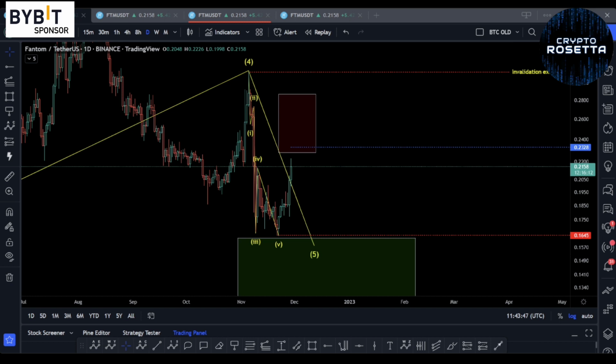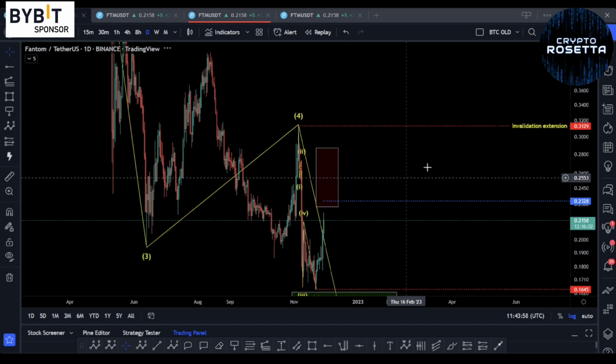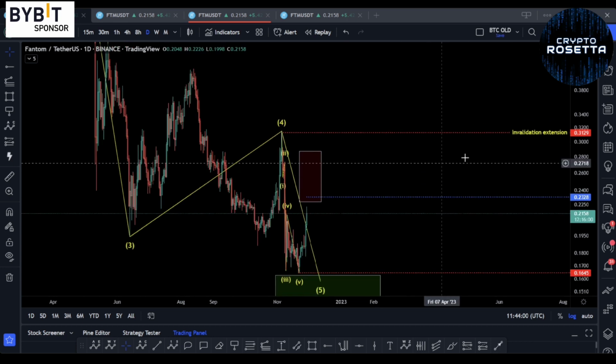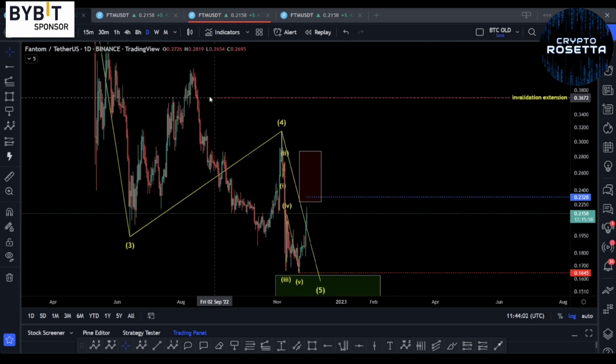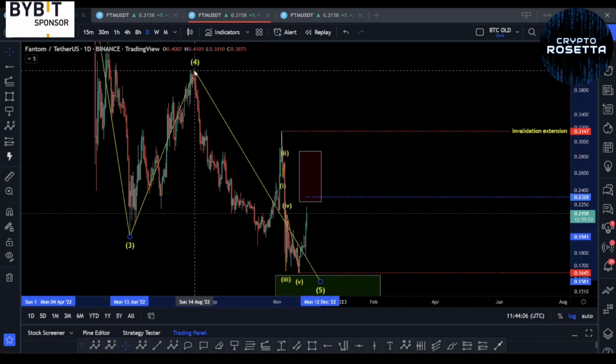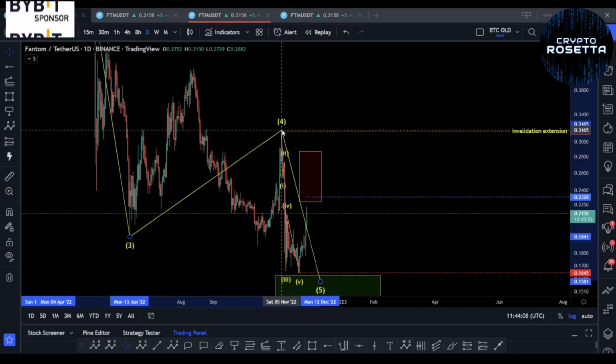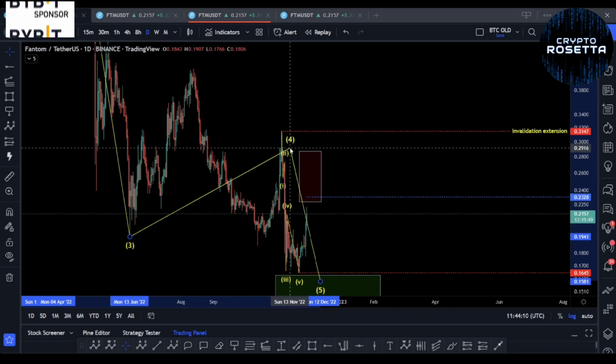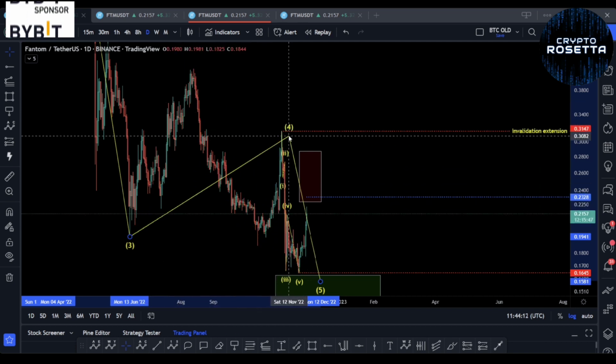Okay, all that said and done, let's get into this price analysis now. So for FANTOM, I've been looking at two options that I'm currently tracking. It's a bit unclear because there's two ways of reading this. We can either have the fourth wave up here, or the fourth wave down here in this position, and then this is a running flat within this move here.